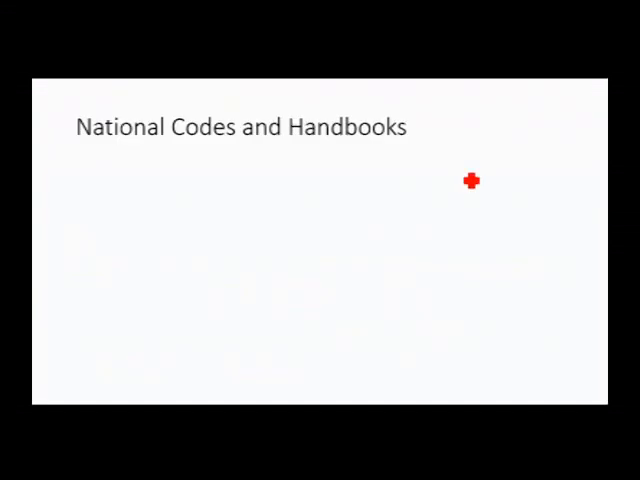Coming on to national codes and handbooks. In most of the developed countries, they have prescribed a specific national code based on extensive research and practical knowledge. These codes serve as a guideline for design of reinforced concrete structure, and the principal objectives of the code are summarized. One is the provision of adequate safety